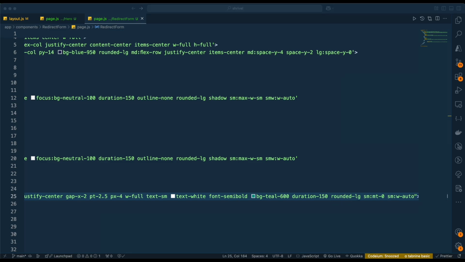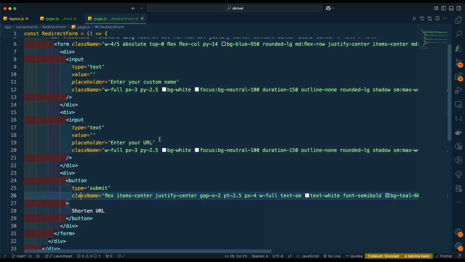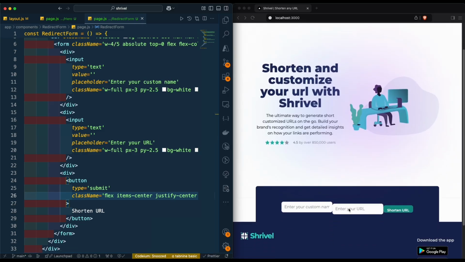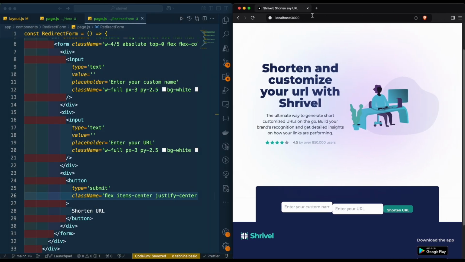Now I'm gonna quickly copy the SVG, the arrow, and place it over here. So if we save this, let's go ahead and see how we're looking. So this is how we are at the moment. So we'll definitely need to update this. So now I'm gonna paste this